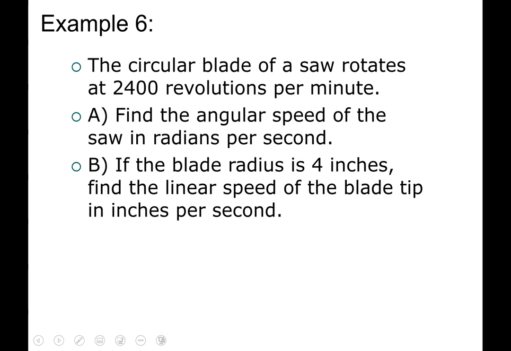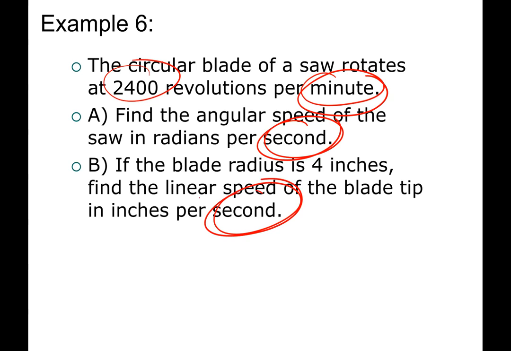One last one of this type. So you have a circular blade of a saw that rotates 2,400 revolutions per minute. Find the angular speed in radians per second, and then find the linear speed in inches per second. So we have a minute, we have a second. Again, because you're converting, you are going to have to go from minutes to seconds, which